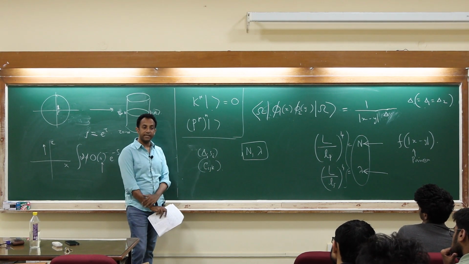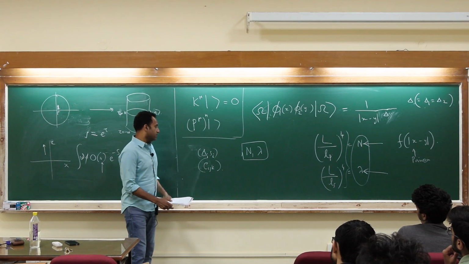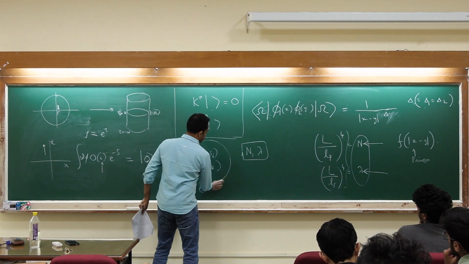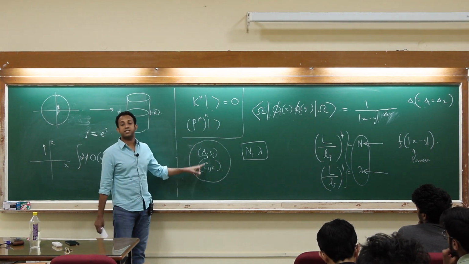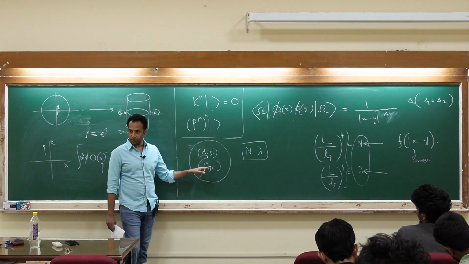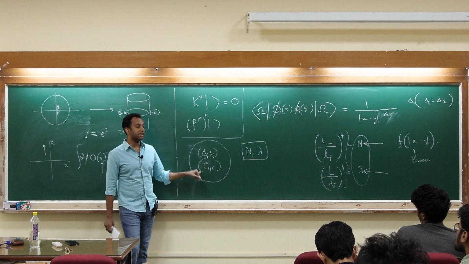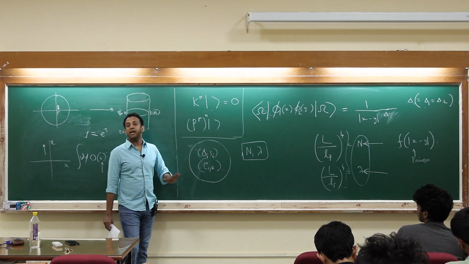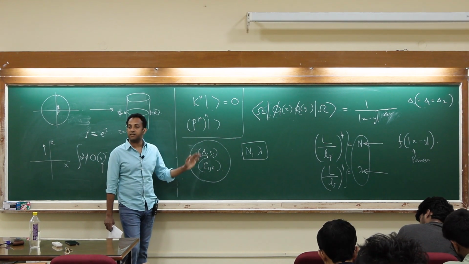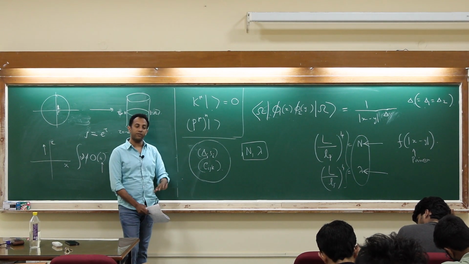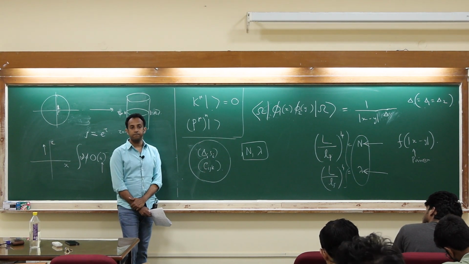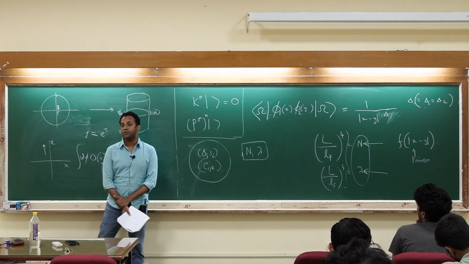That's also another set of data. So the claim is that if you give me these sets of data, not all sets of such data are consistent. One can argue that they are not consistent, but there exists a consistent choice of such data, and this defines the conformal field theory completely. All the higher point functions can be written in terms of these. So this is what makes conformal field theory very powerful.